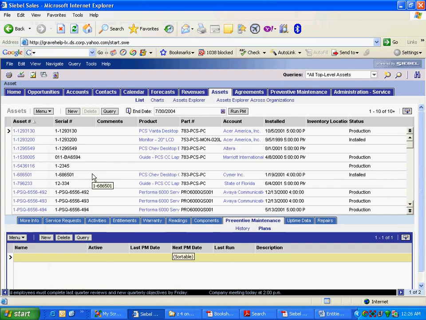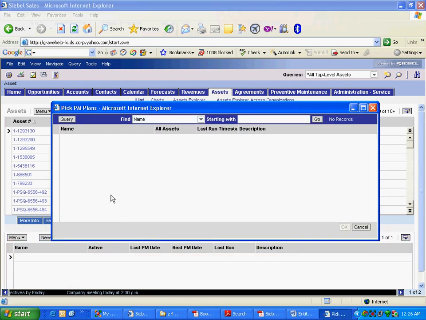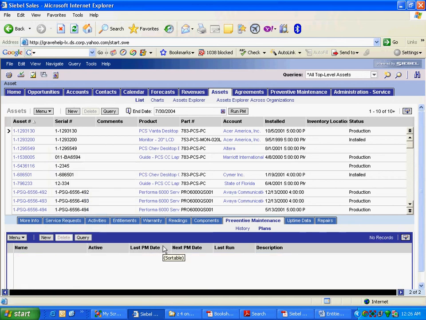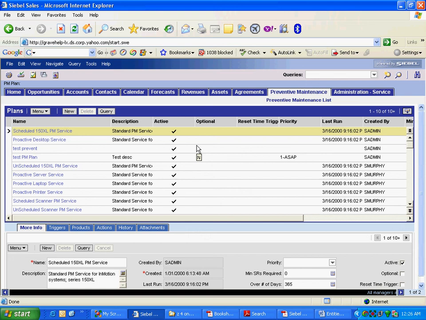Just a small thing. You see, one asset can have one plan. So I go to the plan screen, and I try to associate some plan, a PM plan, with it. I don't see any plan here. Can you guess why? Plans are already there, right? Remember we saw the plans. See, these are here. It said they are not synchronized.